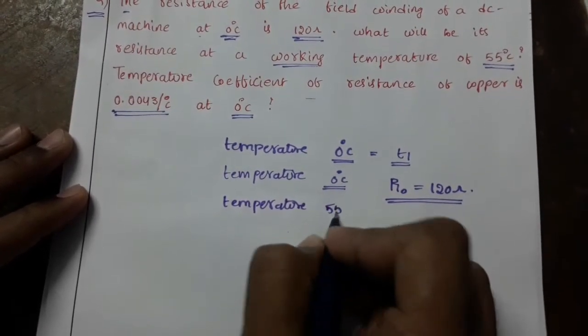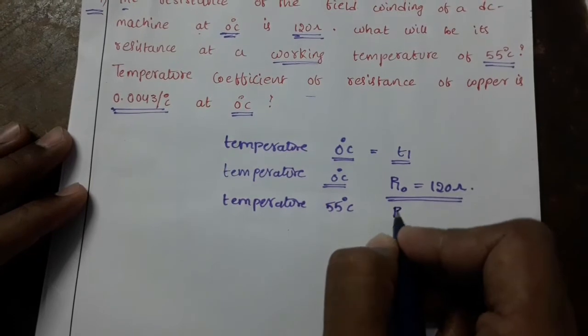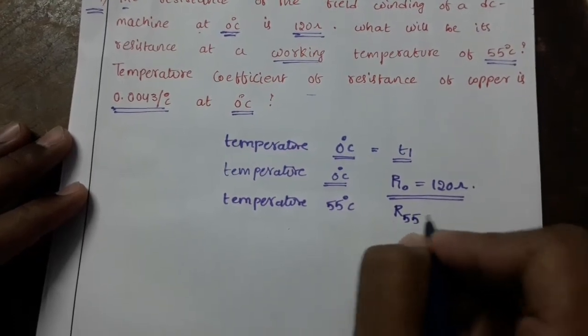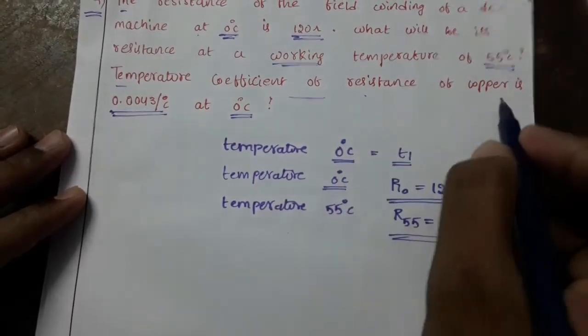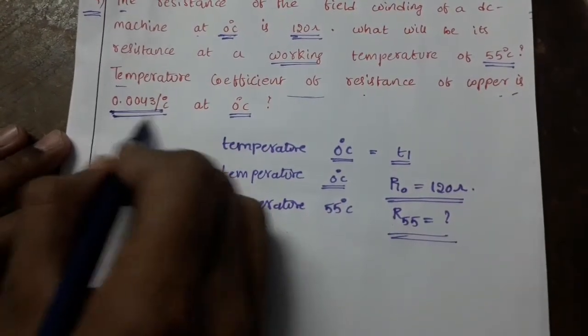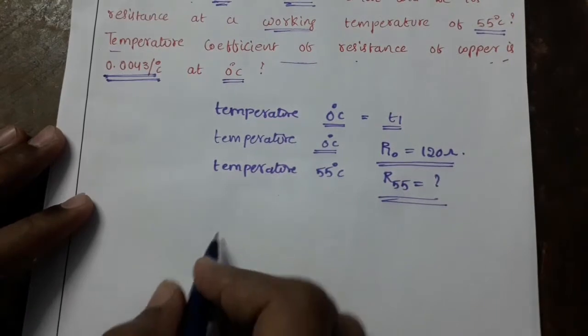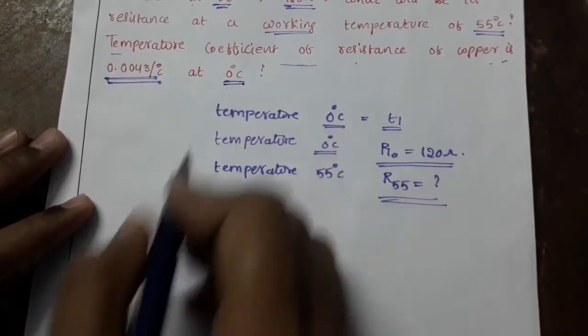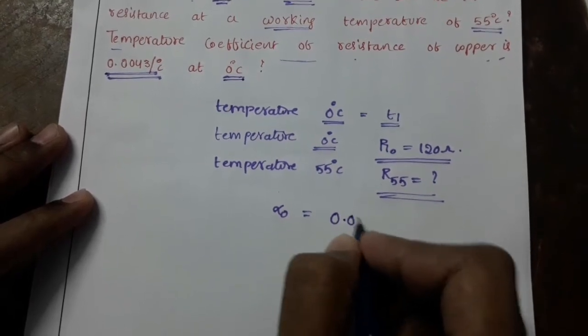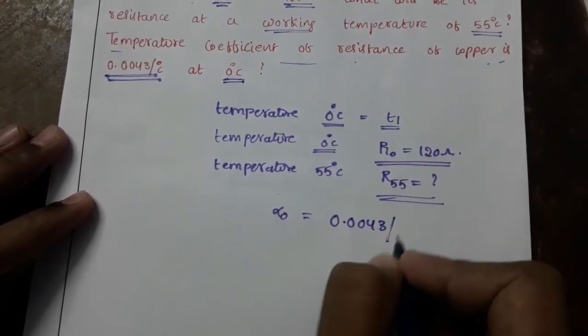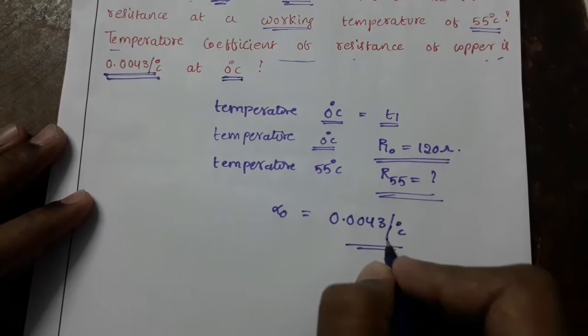Temperature at 55 degrees centigrade, that is R55, we have to find. They have given the temperature coefficient of resistance of copper is 0.0043 per degree centigrade at 0 degrees centigrade. Therefore, they have given alpha naught. Alpha naught equal to 0.0043 per degree centigrade. We know